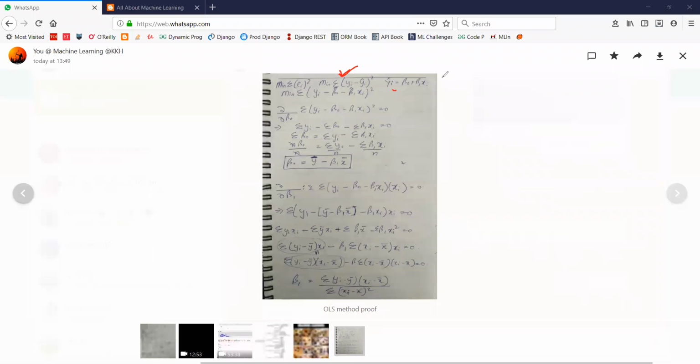Now, because we are talking about our line, we are trying to find the best fit straight line. That's why our equation is like this. This equation may change, but for our current problem, this is our equation. And now what we do, we put this value of yi bar in this error equation. So it becomes yi minus this term. You just substituted this value. Now our goal is to minimize this term. And this is the whole derivation actually.